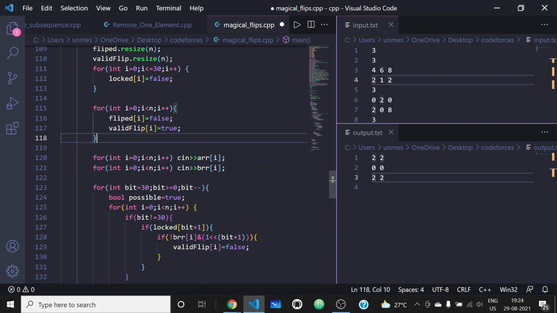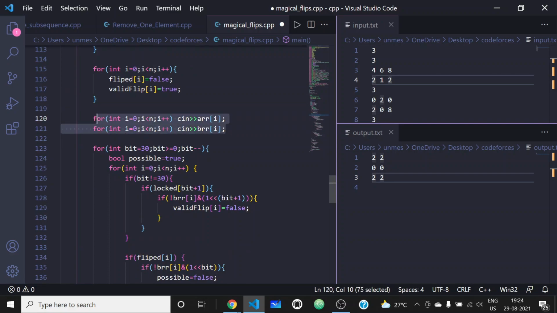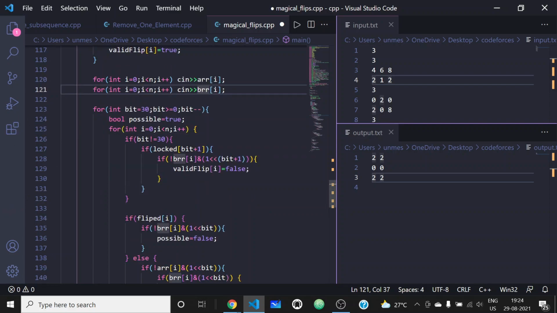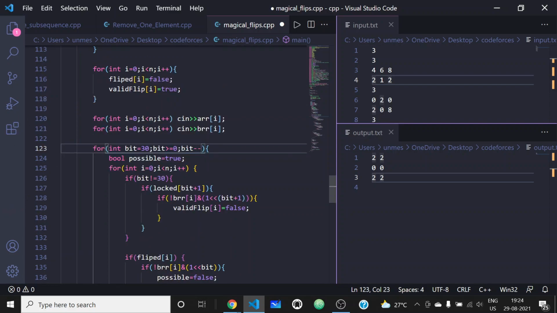In the start, I have taken the input for the front face and back face, and now I am starting from bit equal to 30. Taking the constant bit equal to 29 would also be okay, but taking bit equal to 30 won't be a problem.